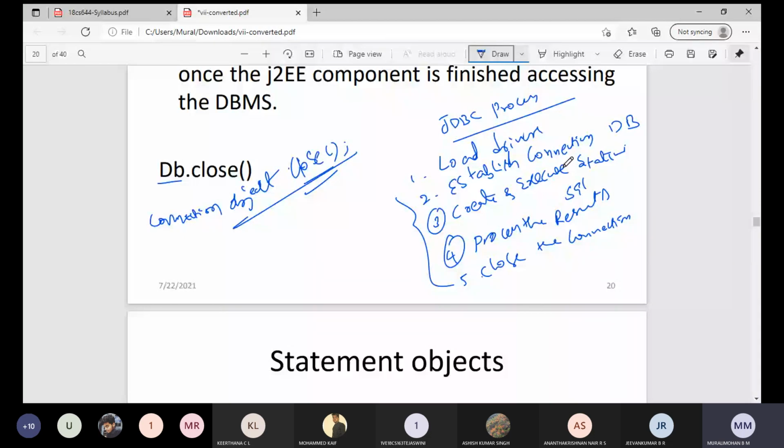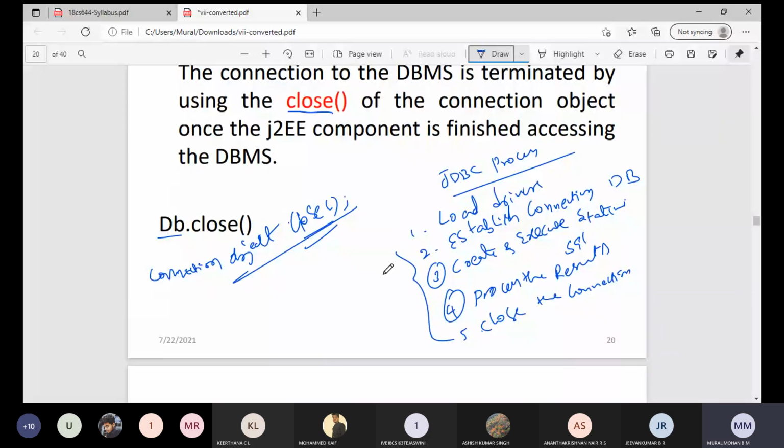To create and execute a statement, we create a statement with the createStatement method and execute by passing the query to the statement object's execute method. Next, the result set will be returned. Finally, the connection object's close method.